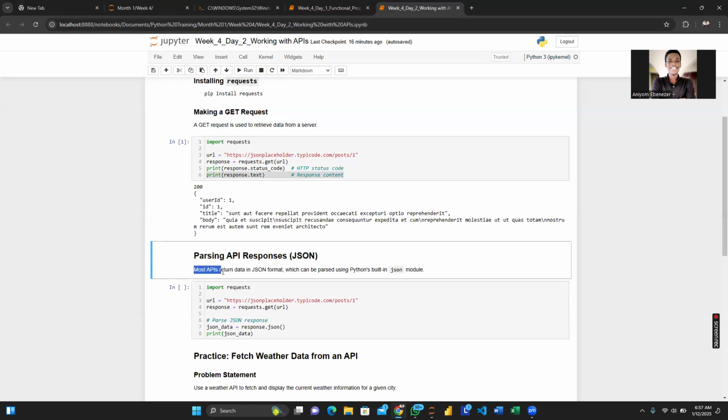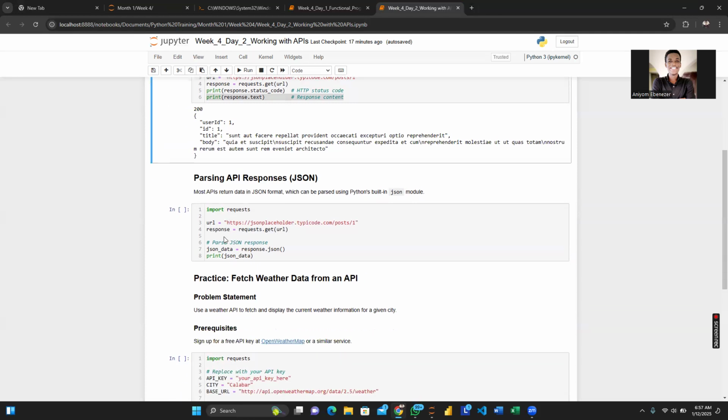Most APIs return data in JSON format. Remember what we talked about JSON format? They're always in a dictionary kind of expression, right? So we have user ID as the key, and then this is the value, just like that. It's in a JSON file, which can be parsed using Python's inbuilt JSON module, right? So let's see if this can be parsed using